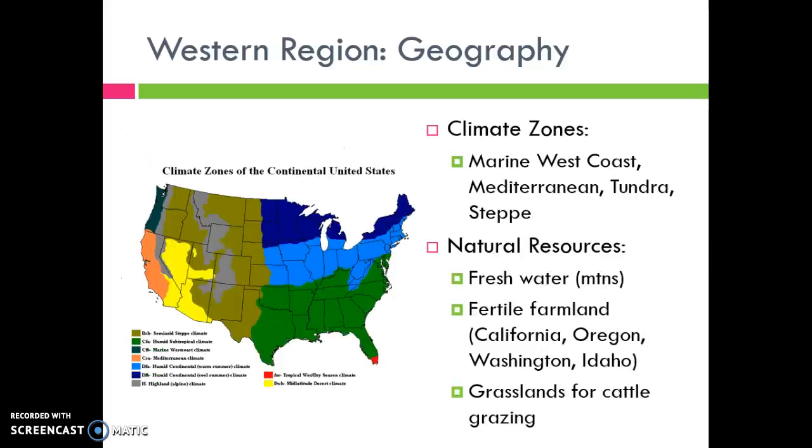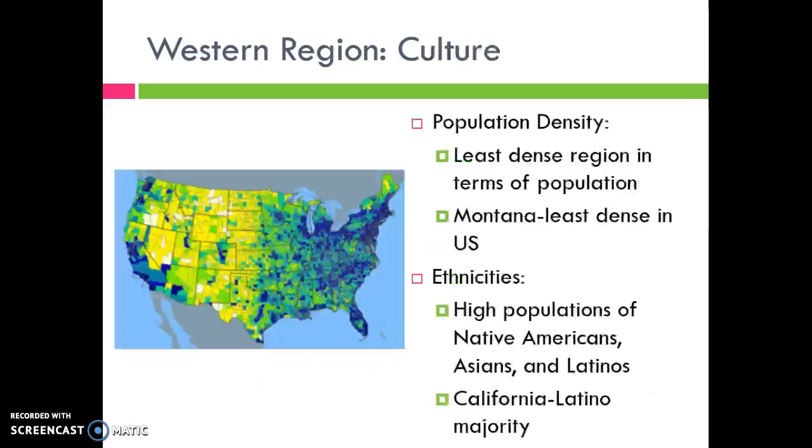A little bit more about the climate zones. You're going to find a lot of different types of climates simply because it's a very large area. You'll find Mediterranean climates, you'll find tundra, you'll find steppe, you'll find desert. In some areas, you'll find marine west coast if you're looking in like Washington, Oregon area. So very wide variety of climate zones. So if you're kind of interested in experiencing that, this would be the region that you'd want to go to. They do have some very fertile farmland, mostly on the west coast itself. Otherwise, it's primarily ranching in between.